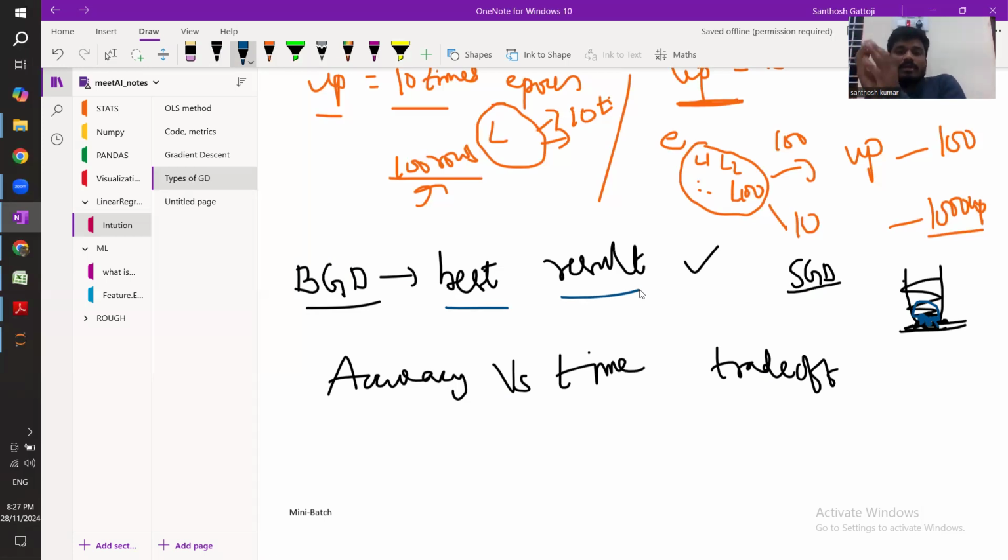Here you are doing only one row at a time and randomly moving and taking a solution. But in batch you are going step by step, every time moving with all the data. So it is bound to give you the best result. Stochastic is going to give you a faster result, almost the best, but might not be the best. If you want the best result, and you don't care about time,